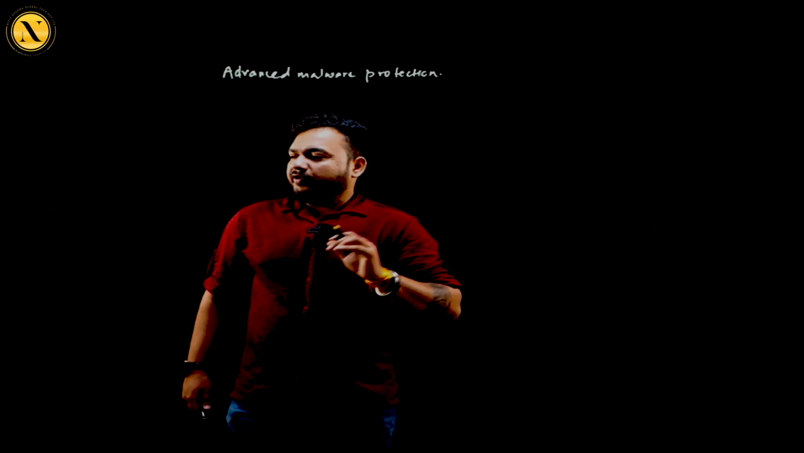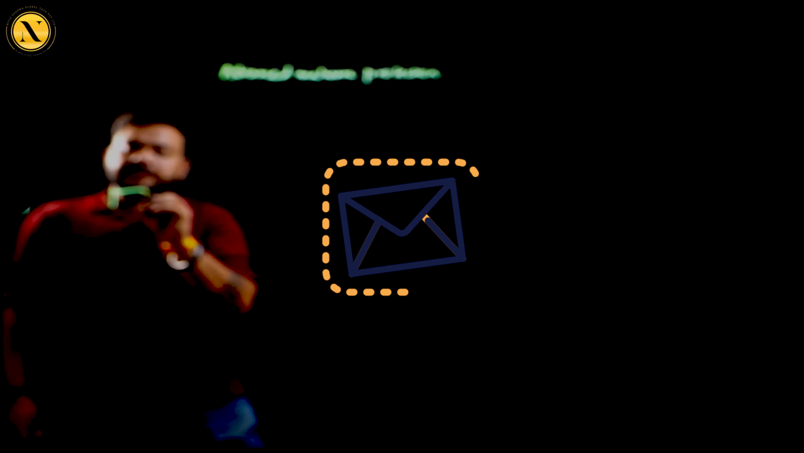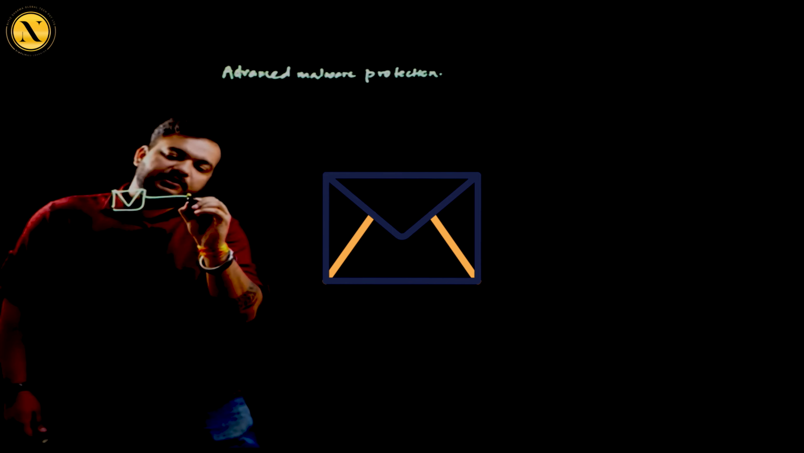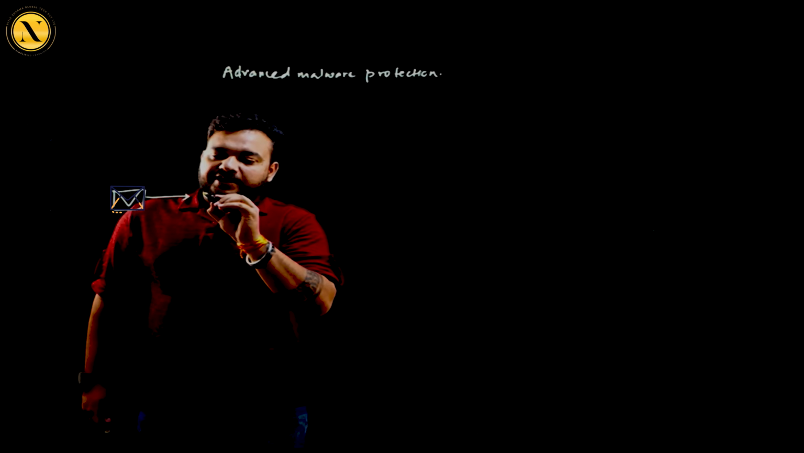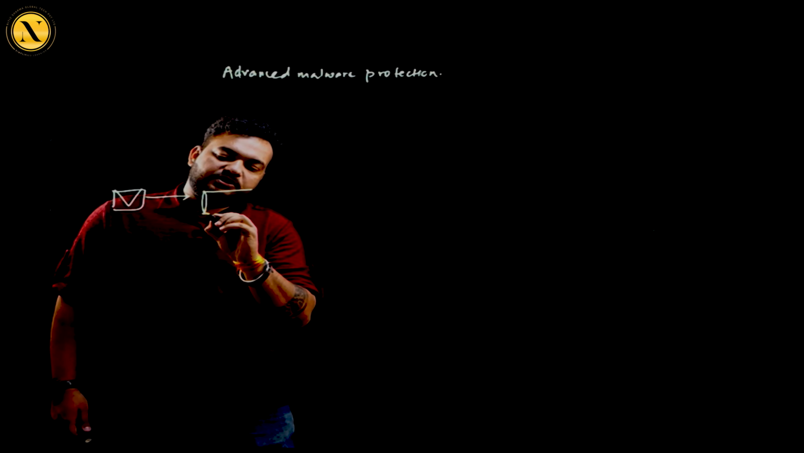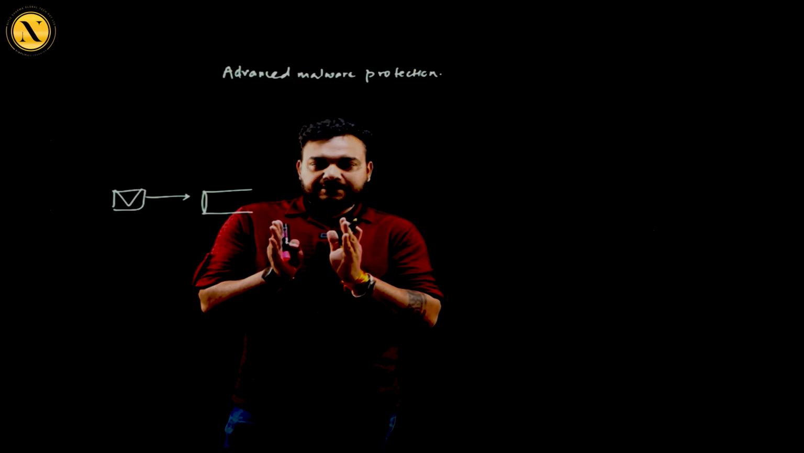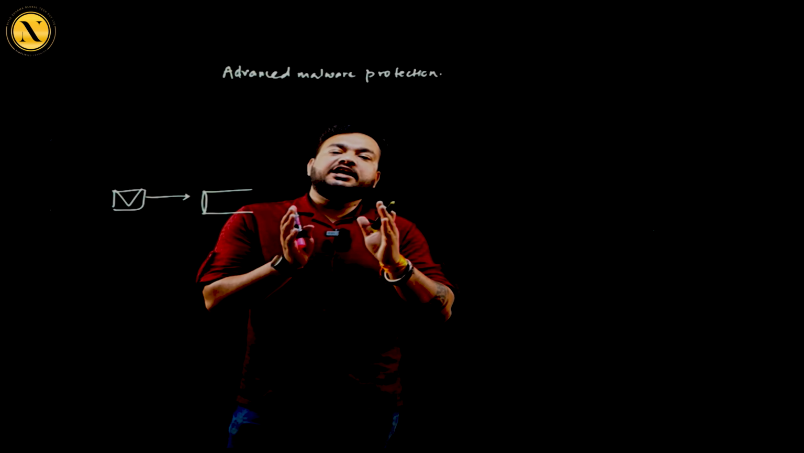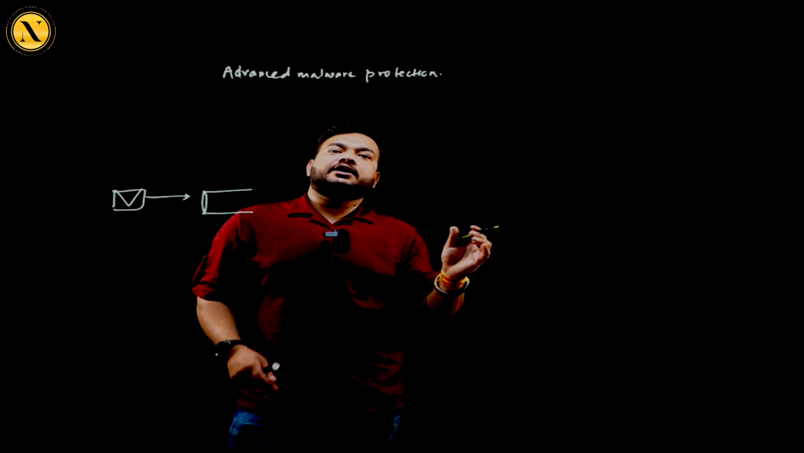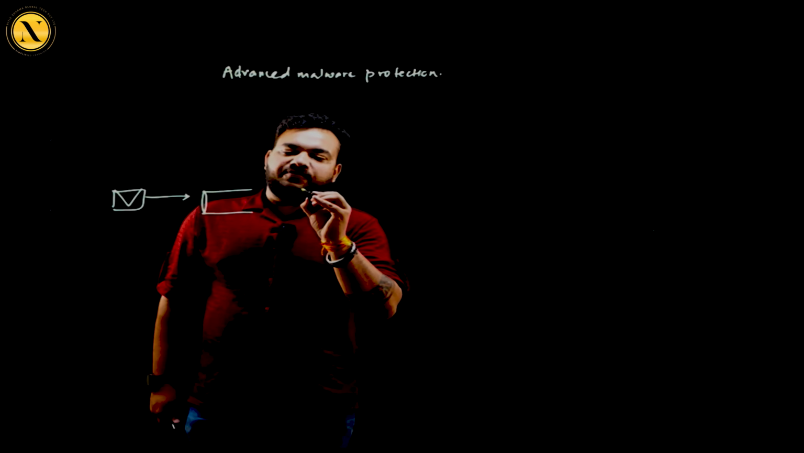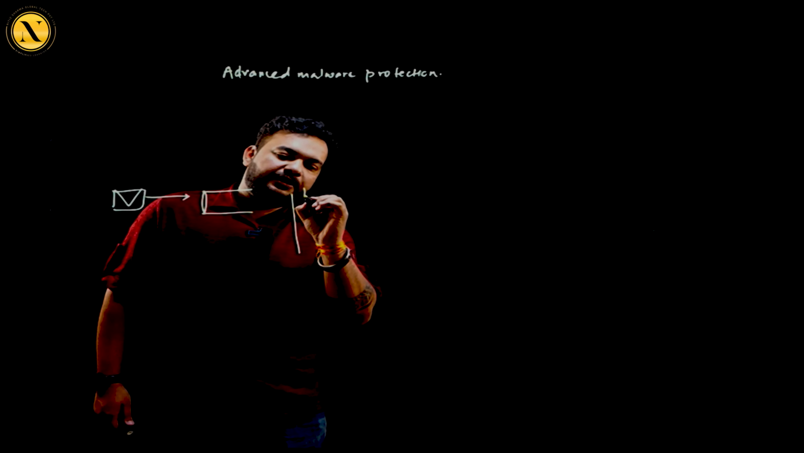Okay, so first of all, whenever an email arrives inside the pipeline, the very first thing it's going to check is the advanced malware protection. The email has to go through 3 different stages in order to clear the malware protection. The very first stage is defined as